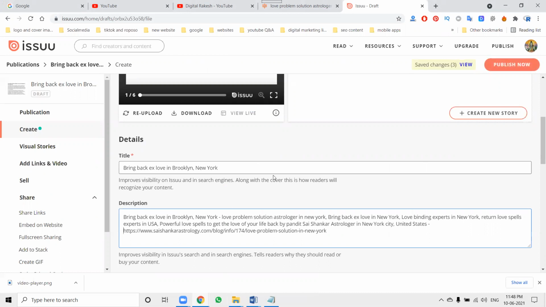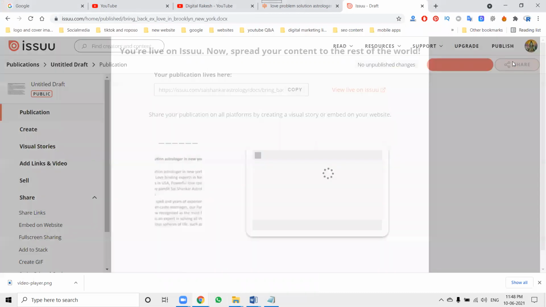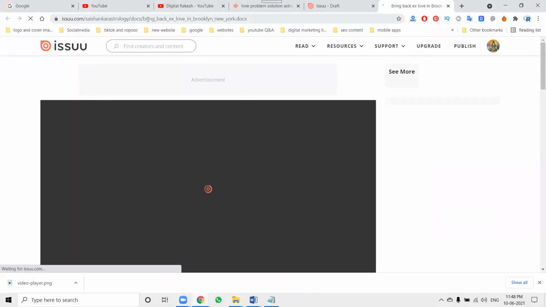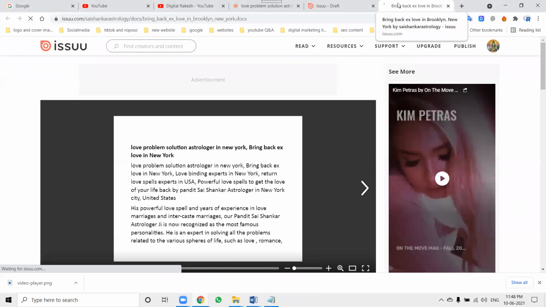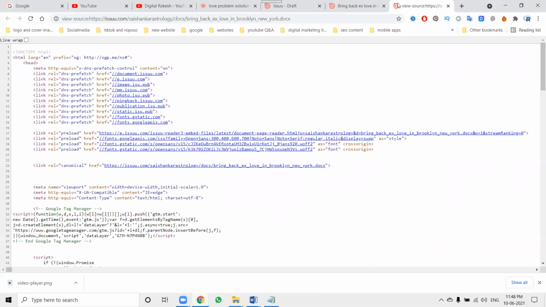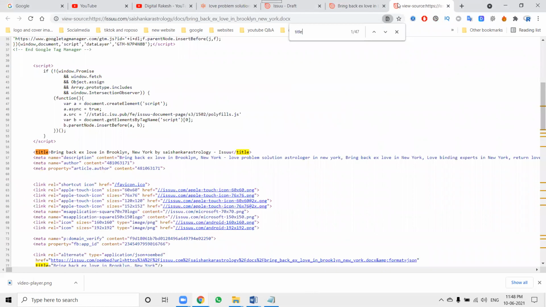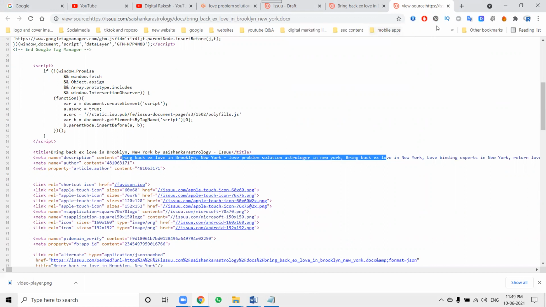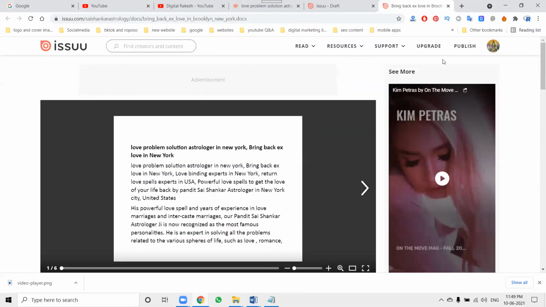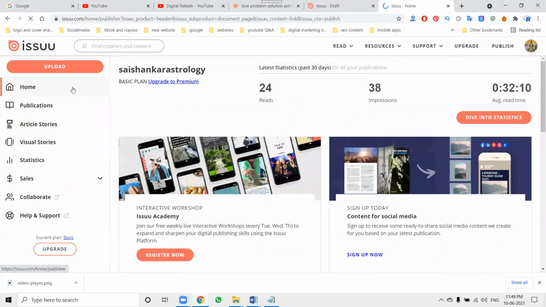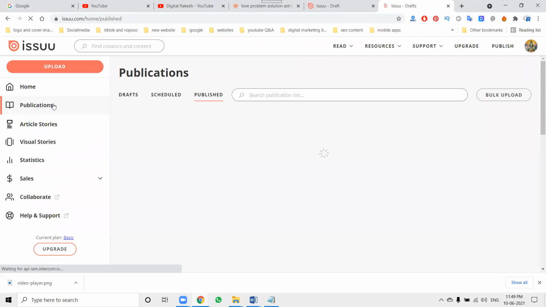Now click publish. This article will be visible with a proper URL structure, and it will be indexed for your particular title and description. How to know this? Control F, title. The proper title will be used for searching astrology. Next is the description option. Use a proper SEO title and description, a mandatory field, using the content. All the publishing content we can show in the publishing options.